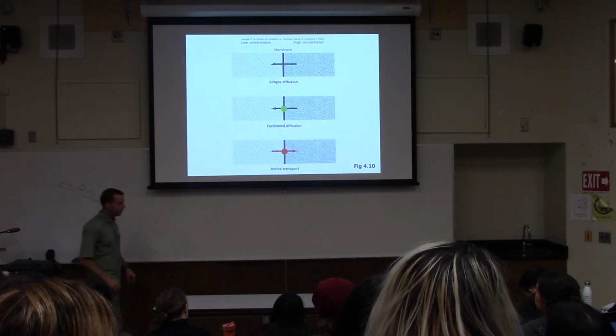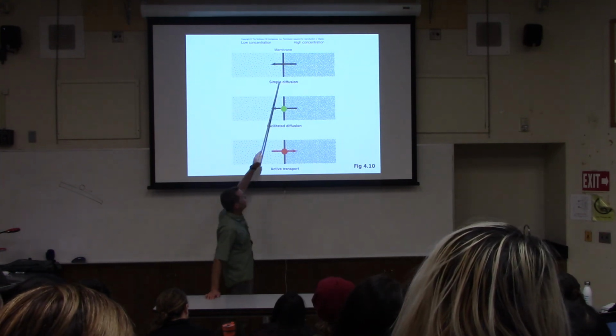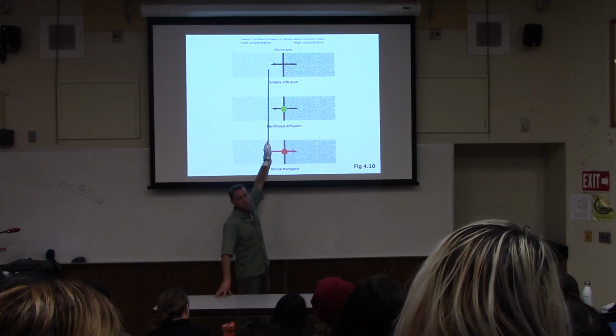All right, so this figure here tries to summarize that. Simple diffusion lets chemicals go right through the cell membrane. This thick